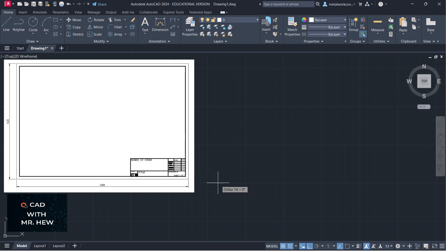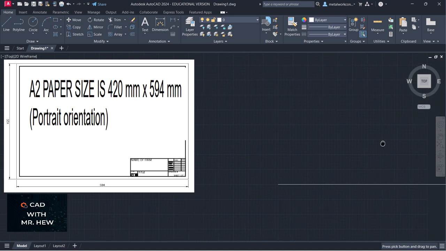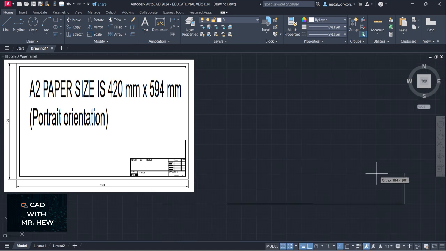So there is my starting point, right? And as I said, I want the longest side, which is 594. Enter. Going to zoom down so you can see. Going to center the drawing. Good. So you see that's the longer side, right? Then I'm going to go up